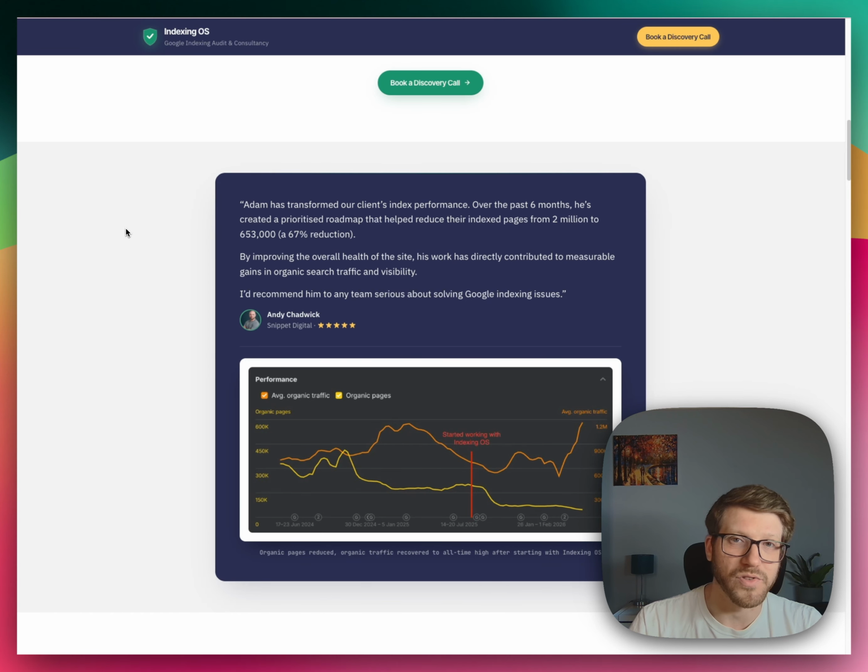bloat. You can see the example on the screen is a testimonial from Andy Chadwick, Snipper Digital, who I worked with on a client to make sure that they actually dealt with the index bloat issues on their site. And there are many other examples as well. If you go to Indexing OS, you'll be able to see examples of me dealing with index bloat issues. Okay, so